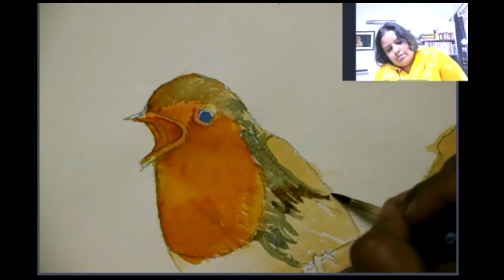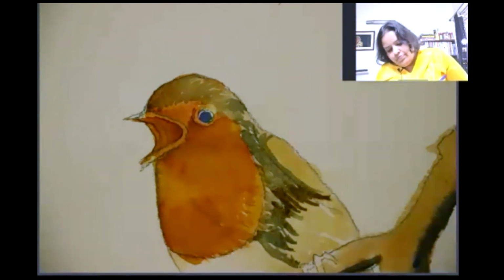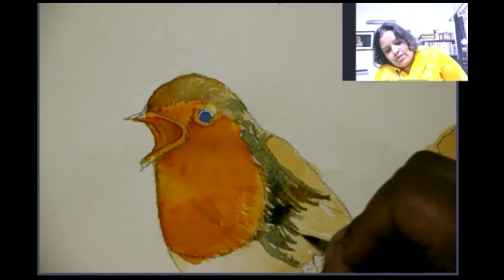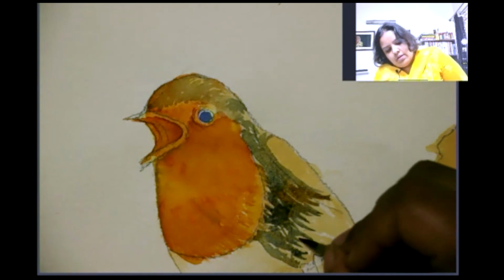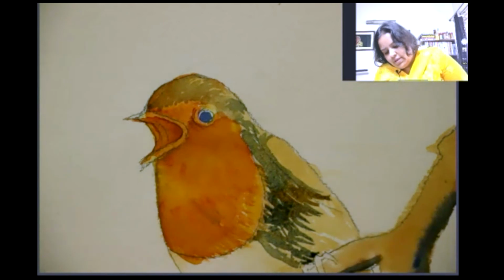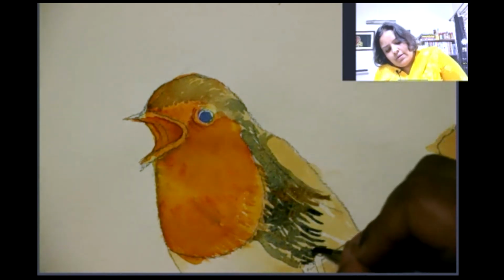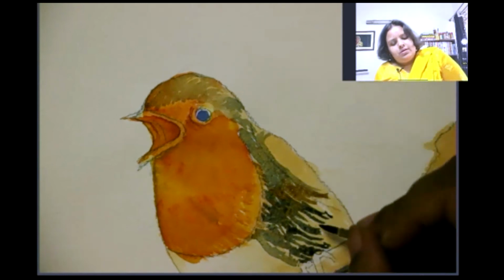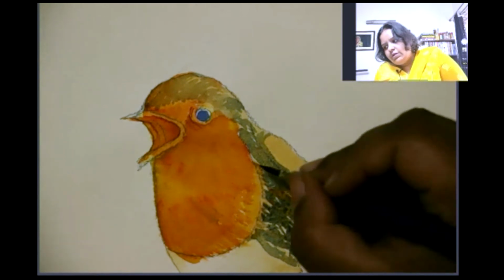So here there is a mix of warm, and in places it is slightly more blue, in places slightly more warm. When I use a mix of French ultramarine blue and raw umber, sometimes I'm picking the color which is a little more warm, and sometimes the color which has a little more blue. So it gives a sort of beautiful combination.